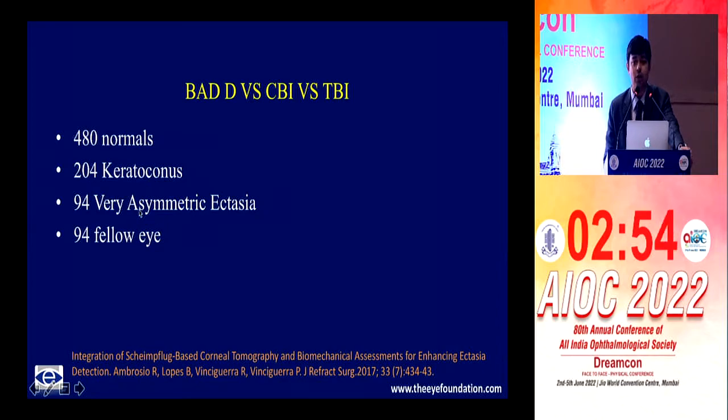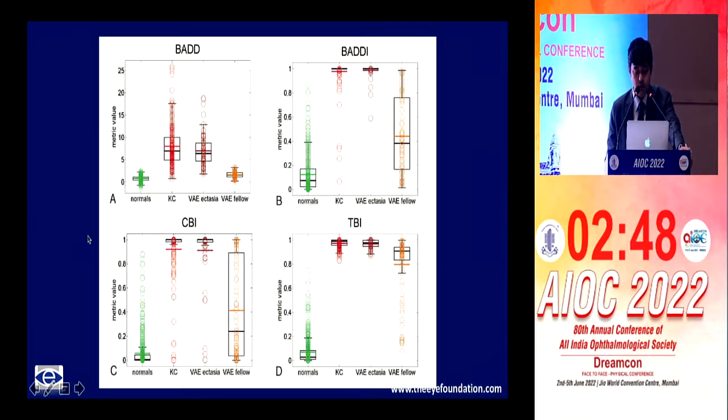Basically, these are 94 eyes which have ectasia on tomography, but the fellow eye has absolutely no indication of ectasia whatsoever. And when you looked at trying to compare this, when it came to differentiating KC from normals, or ectasia from normals, or asymmetric ectasia from normals, all the parameters worked well. But the only parameter which helped to differentiate normal from the fellow eye of very asymmetric ectasia was TBI, because